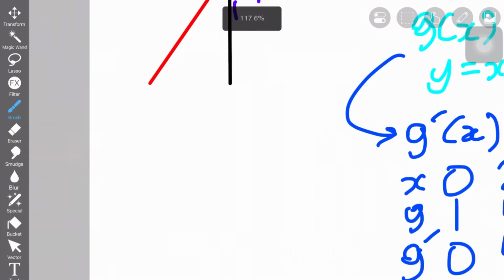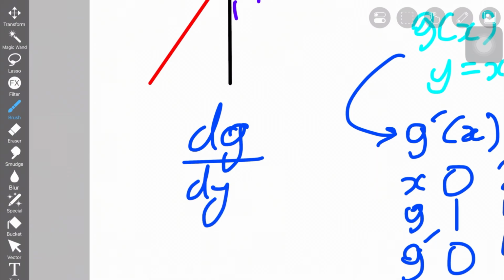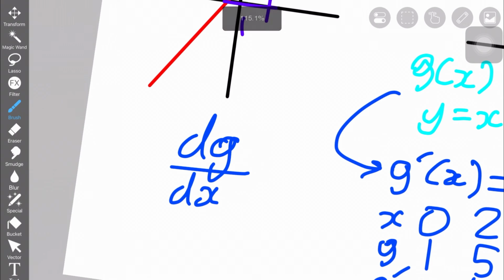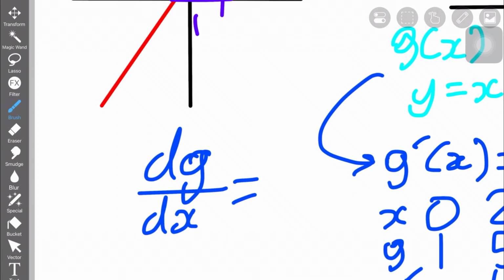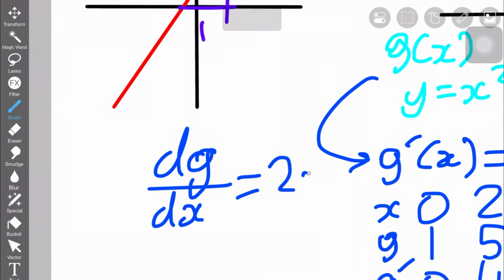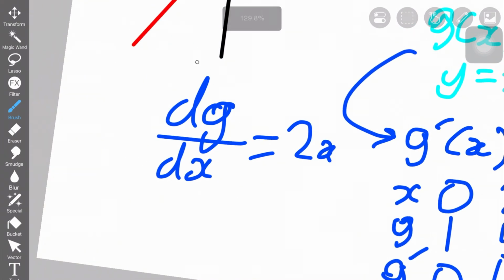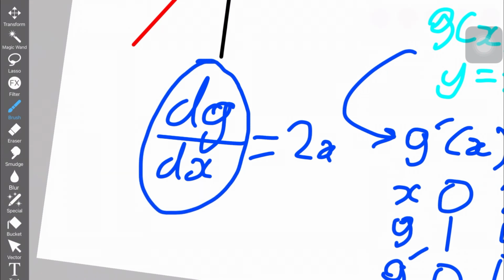The more particular way of writing it is dg over dx, because here, g is the variable that we're observing the change of, and x is the variable that g is dependent on, okay? g is the dependent variable, and x is the independent variable. We're finding the rate at which g changes with respect to x at any given x. And this here is called specifically Leibniz notation,